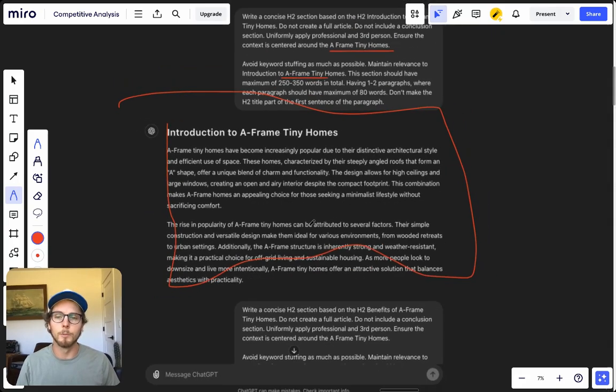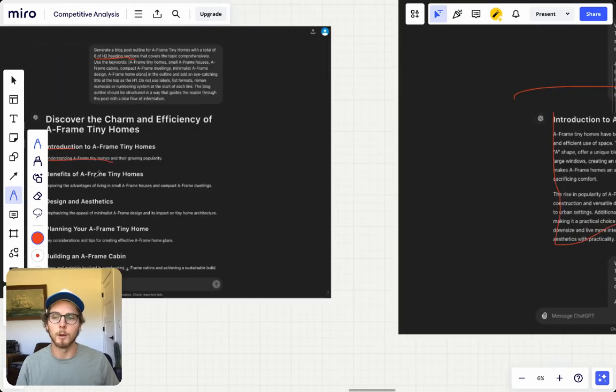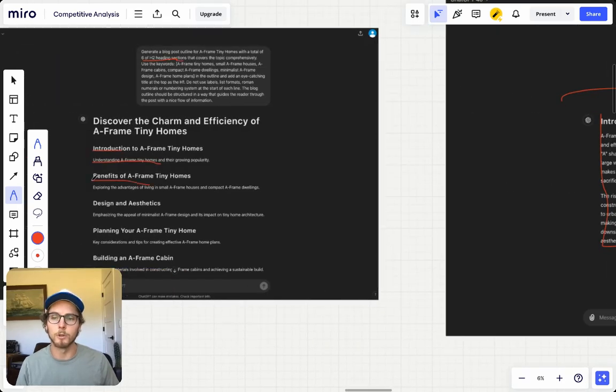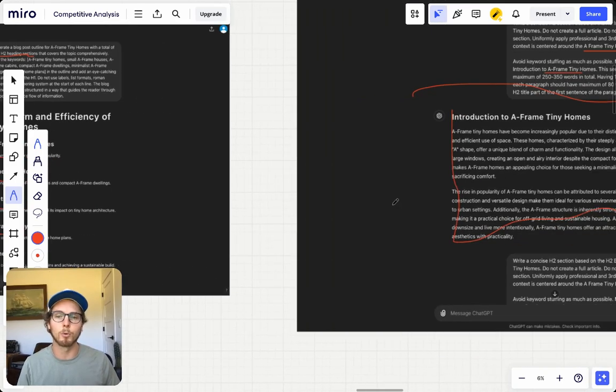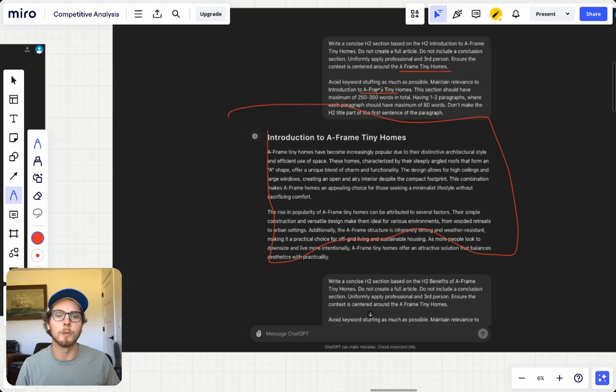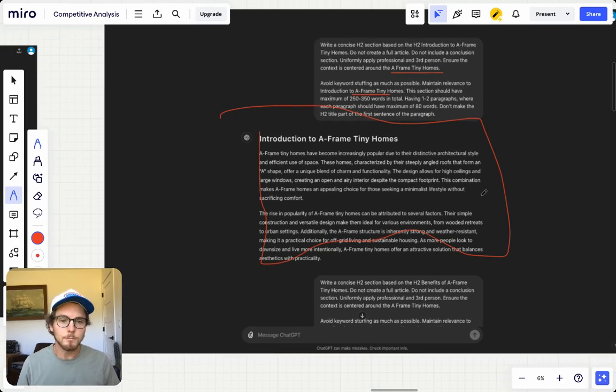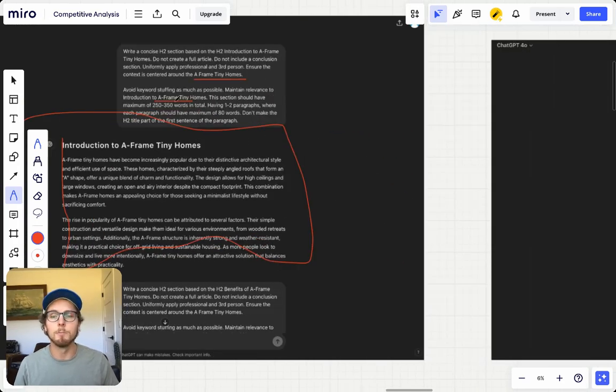I rinse and repeat for each one of these headers. For each one of these H2 sections, I rinse and repeat, do this exact same prompt and swap out the A-frame tiny homes. Once you get that done, you can modify the prompts a little bit if you have any specifics. Inside of